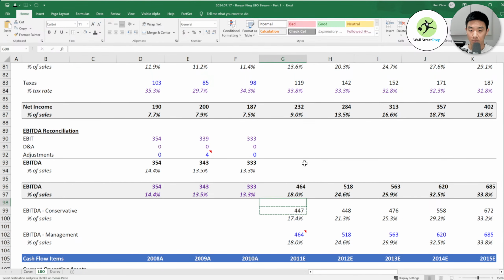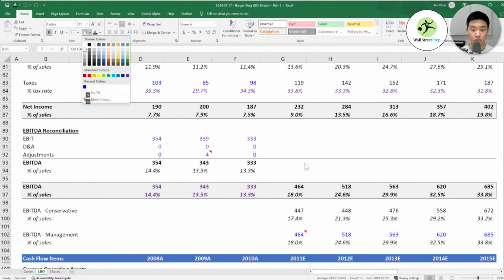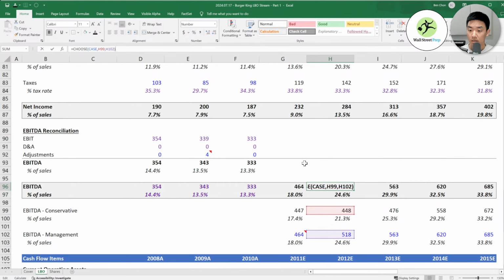Formatting looks a little different here.